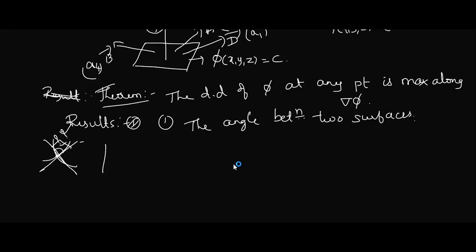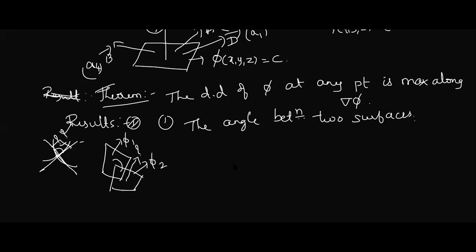Similarly, just imagine there are two surfaces. I'll call one phi 1, and there is one more surface, this is another surface phi 2. Think they are intersecting. Now, if I want to find the angle between them, can you imagine how to find the angle between the two surfaces? Is it easy? So what we do in this case is we draw the normals to the surface, meaning we draw a perpendicular to the surface.